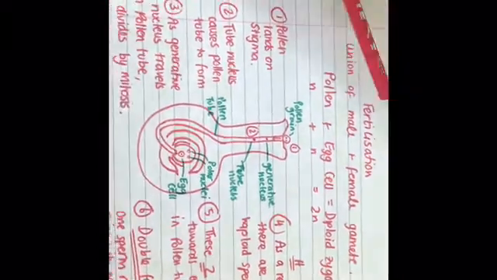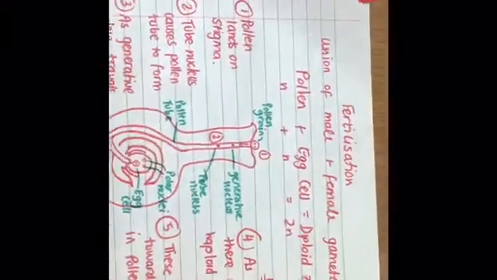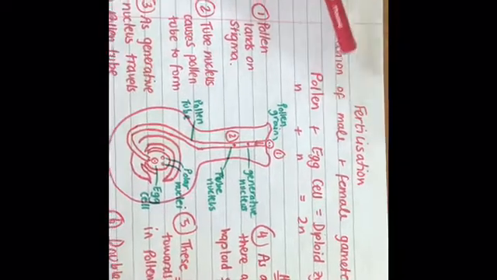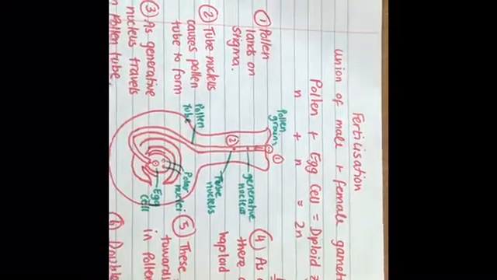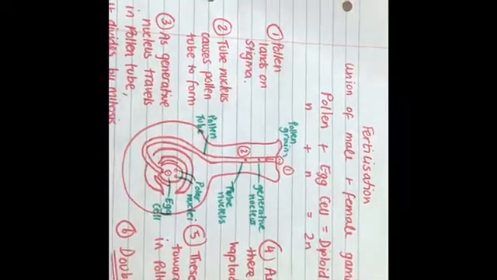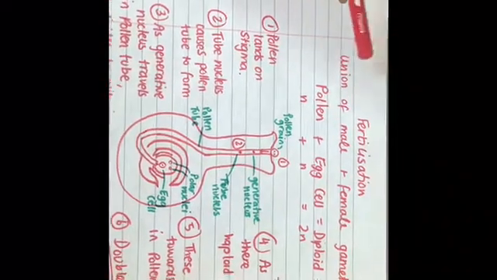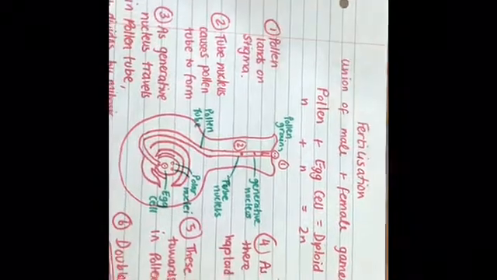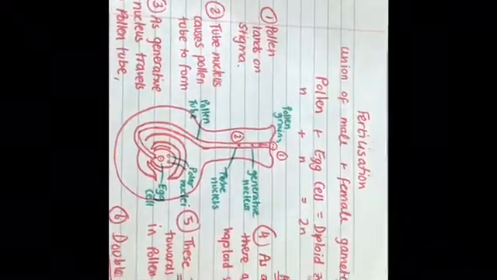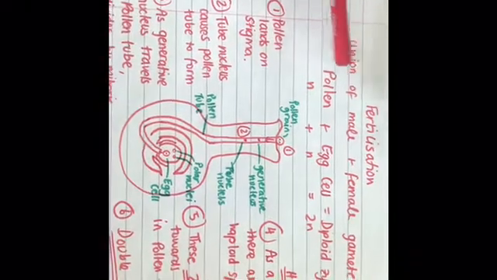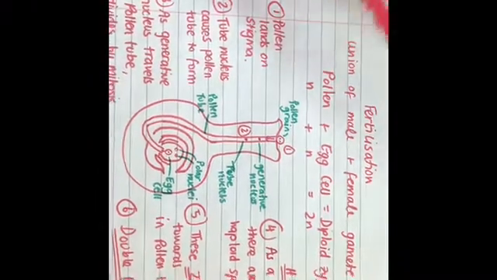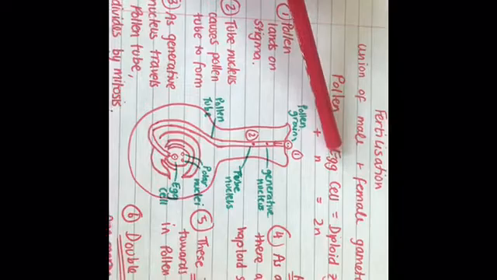So what is fertilisation again? It's the exact same as in human reproduction. We have the union of the male and the female gamete. So in humans, we would have the sperm fusing with the egg, and they're both going to be haploid to make the diploid zygote. In plants, we have the haploid pollen fusing with the haploid egg cell, and that makes